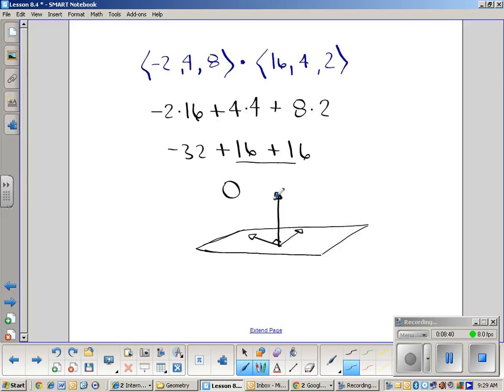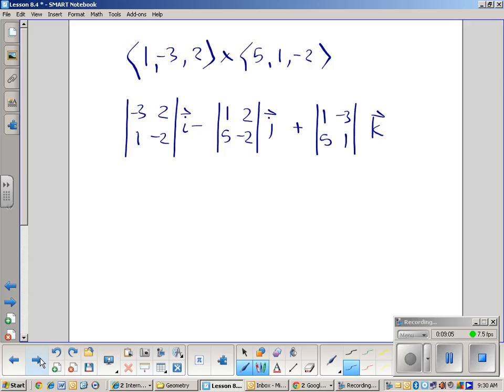The cross product represents a vector that is perpendicular to both of the two vectors you're using to find the cross product. So in this example,